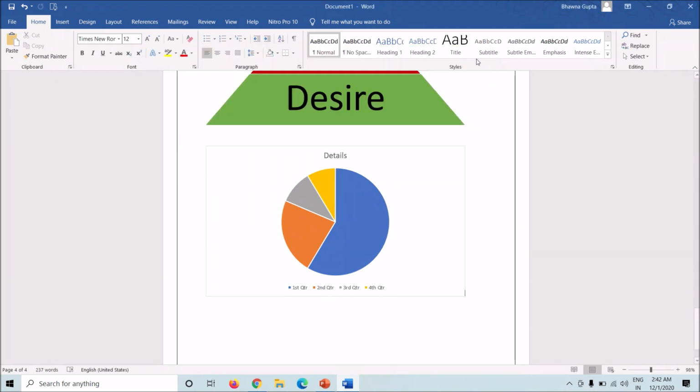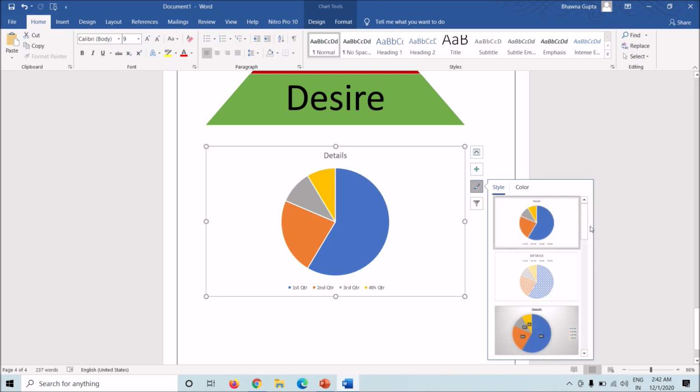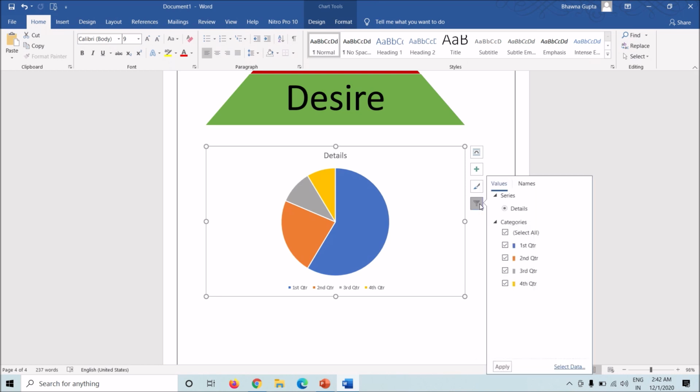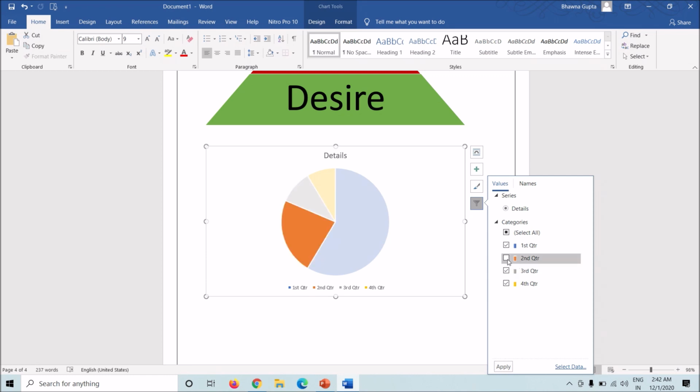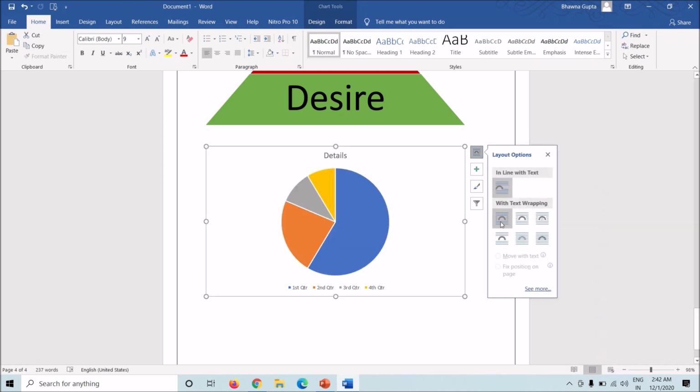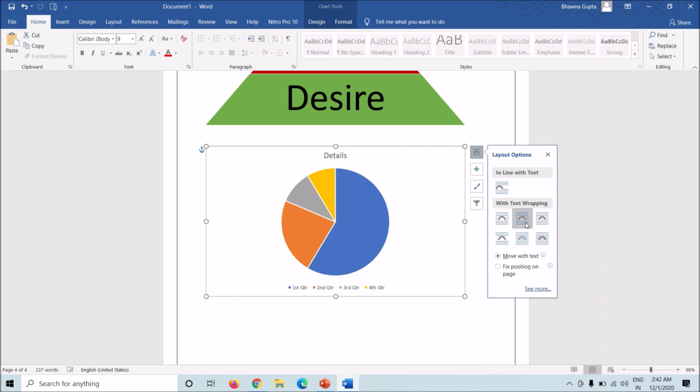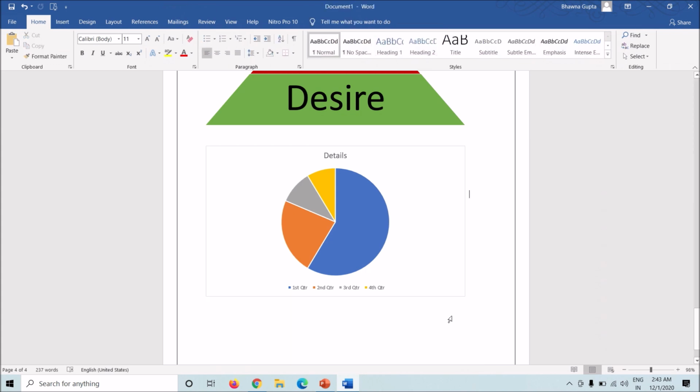That's it. So now you can change the color, style, whatever you want. You can select second quarter. It's up to you. It's an option you can do. So this is how you add charts, pictures, smart art in your Word document itself.